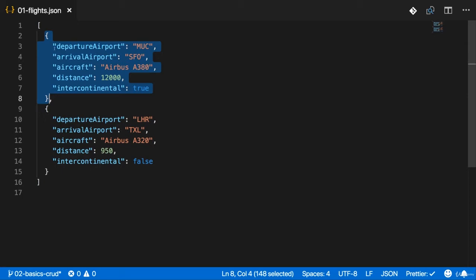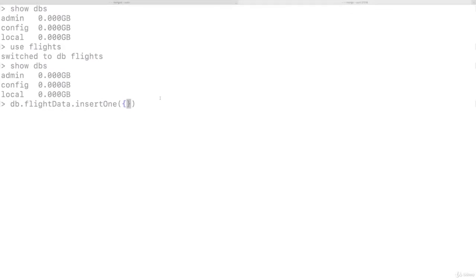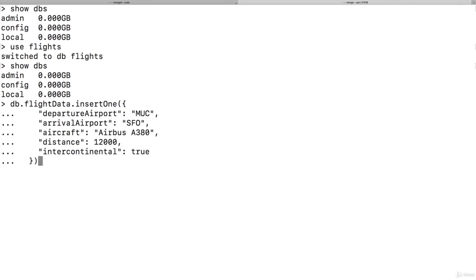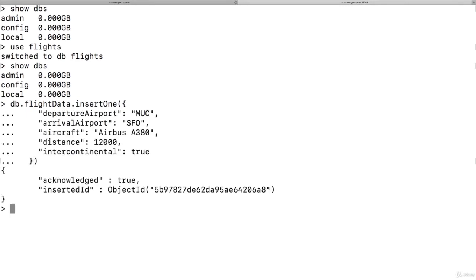So let's grab this document. Again, you find this file attached, and just that one document, including the curly braces, but not the entire array. Grab that document, and then back in your terminal here, you can copy that document between those braces. Important, before you copy it in, delete the closing parenthesis, then add it, and then close it. Now if you hit enter, you should see this message here, which basically tells you that this was accepted and was inserted successfully, and that it also assigned an automatically created ID.